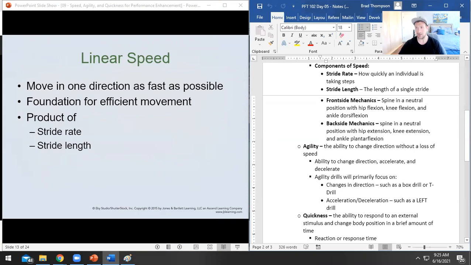So now let's go ahead and talk about, I already kind of talked about it plenty, but let's look at the components of your speed, right? Again, it is going to be the product of your stride rate times your stride length. Your stride rate is how many steps you are taking, your stride length is how much ground you are covering. If your stride rate is really high and you're taking steps like this, that's great, but you're probably not covering very much ground. If you are covering lots of ground, then maybe you're not exactly traveling very fast.